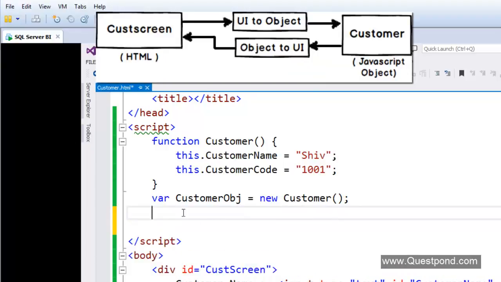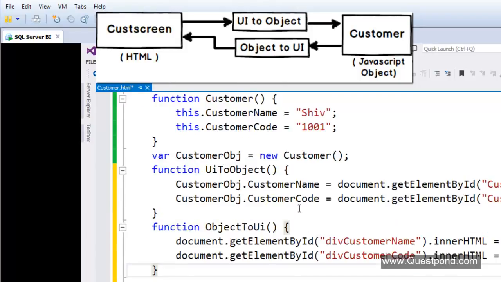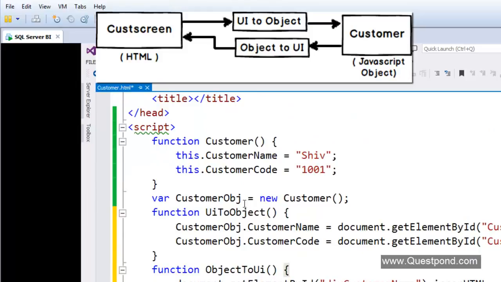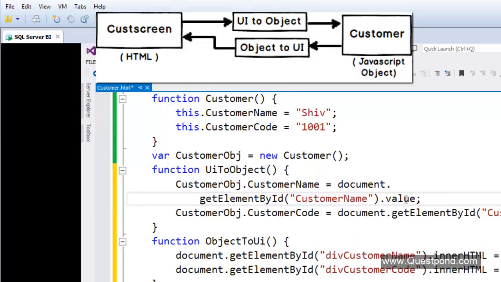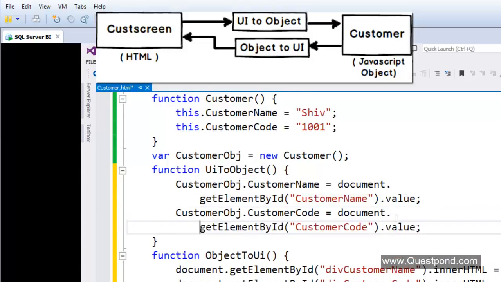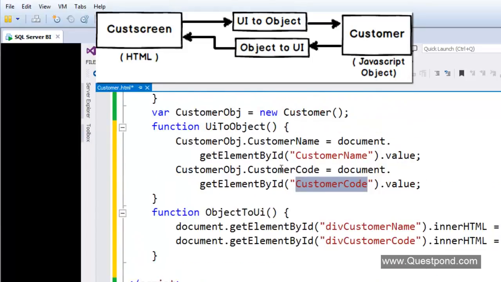So in order to achieve the same, developers write such kind of functions. You can see that I have written two functions here. One is UI to object. UI to object means I will take the data from the UI. So you can see here I'm saying document.getElementById for customer name and setting it to the property, and here I'm saying document.getElementById, that means from this text box, and set it to this property, right? In the same way, we also need to have one more